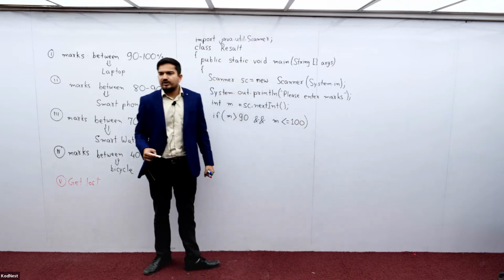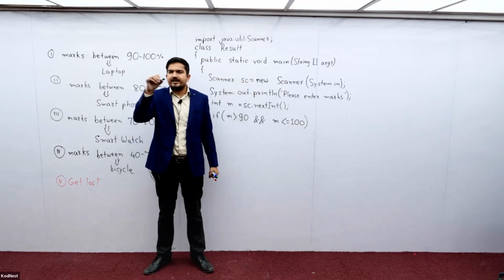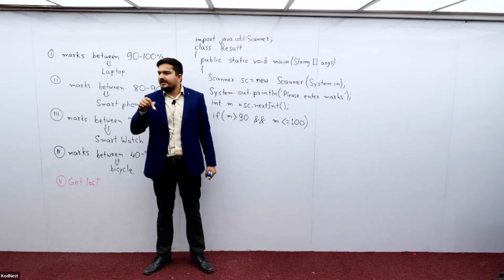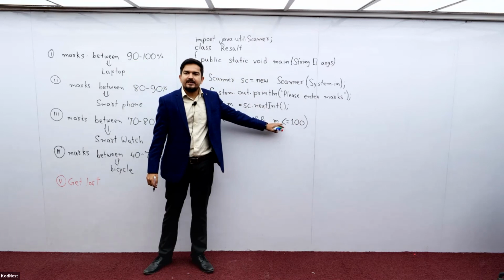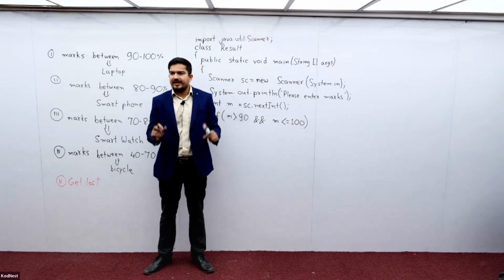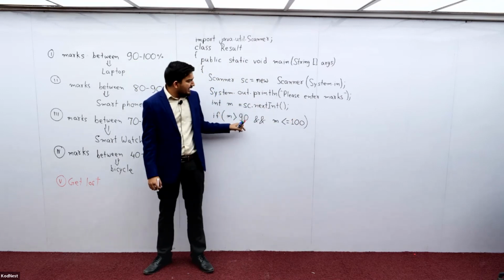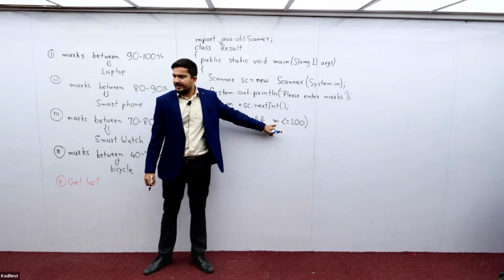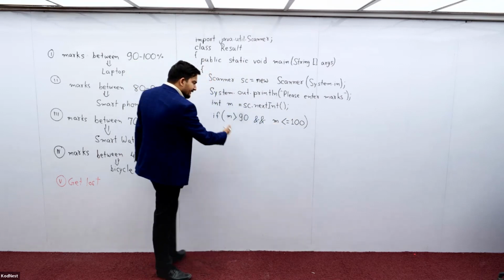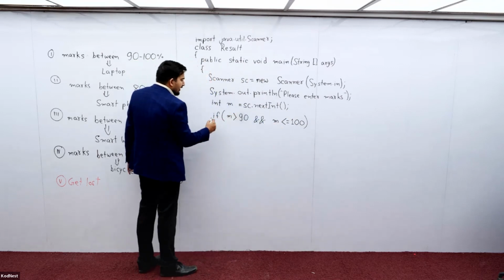In Java, we don't have that arithmetic symbol less than or equal to, or greater than or equal to. Separately, we have to write less than and equal to. And as many conditions you write, again and again, you will have to use a variable name. If this condition happens to be true,